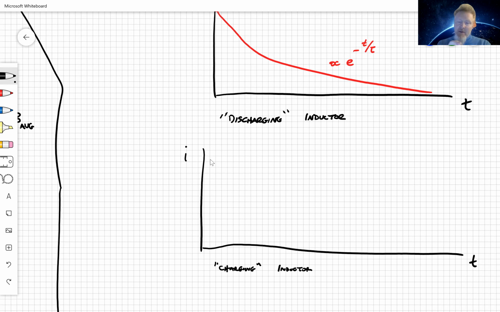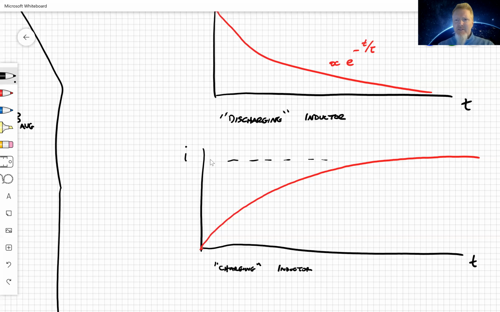Remember, I don't want to go back and scroll up because it's going to take 5 minutes, but if you remember that circuit, when I connected the battery to the resistor, the inductor initially has the reverse polarity of the battery and has the voltage of the battery in order to completely stop the current. So what happens here is that the current initially is 0 when I close the switch and slowly builds up to a value,